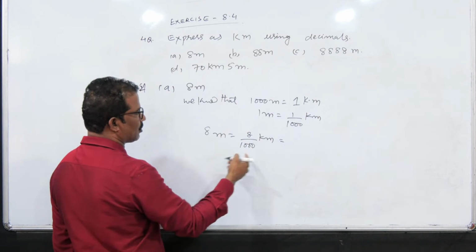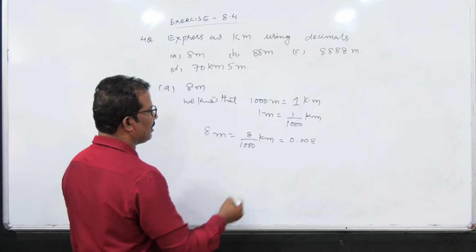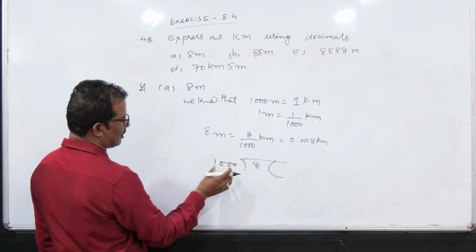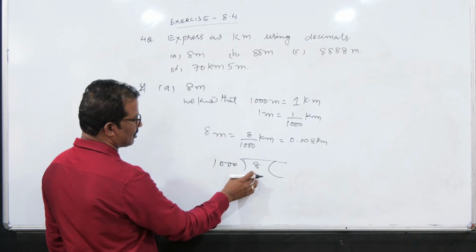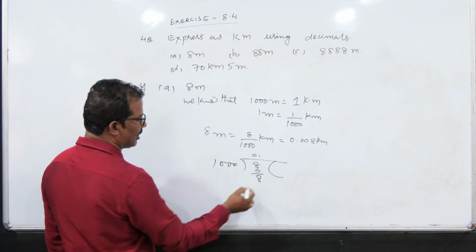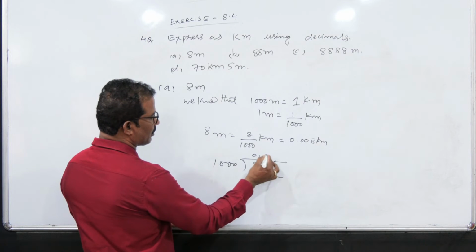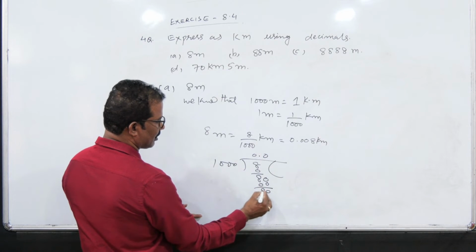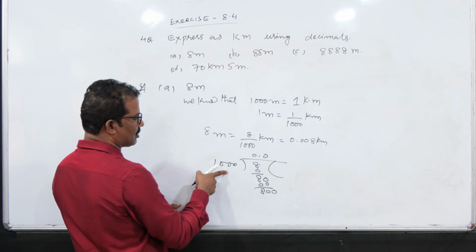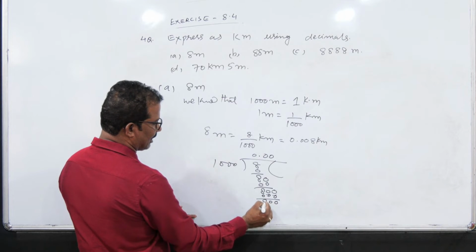And if we divide 8 by 1000, we'll get how much? That is 0.008 kilometers. So how is it, we can see now. If we divide 8 by 1000, it is a 4-digit number, and it is a 1-digit number, very small. So we have to start with 0 times. So again 8. So we can put a point here. For this, one more 0 we can add here. It is 80 now. Still it is smaller. So we can do by 0 times. It is now 80. For this point, one more 0 we can add. It is 800, but it is 1000. Still it is smaller. So we can do by 0 times again. So we'll get again 800 only.